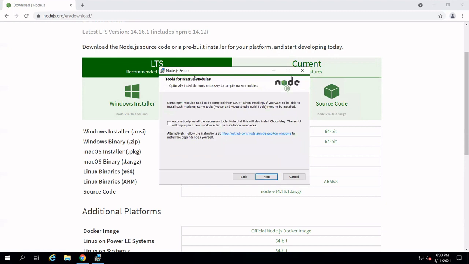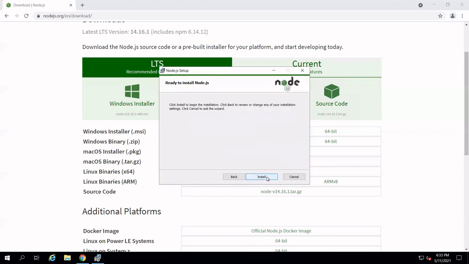Now the next window is for installation of tools for native modules. Once you click on the checkbox, it will automatically install all the necessary tools which are required for Node.js. Then click on the next button.